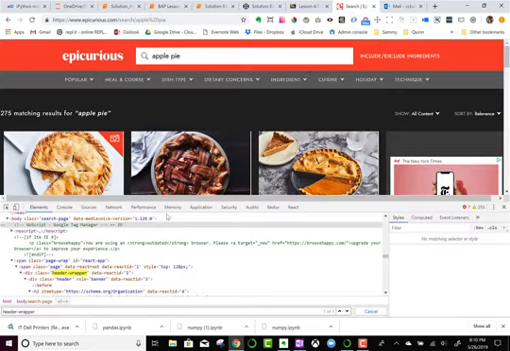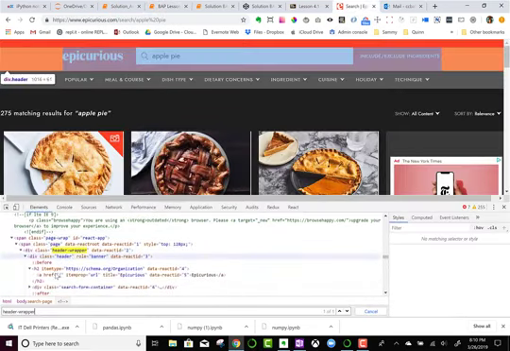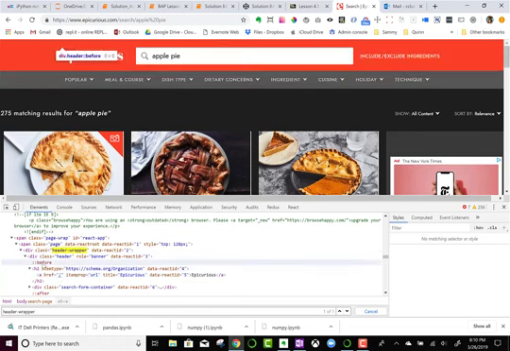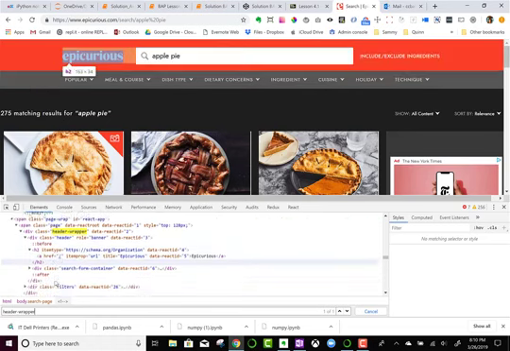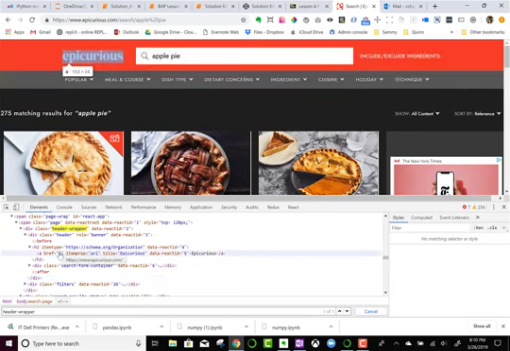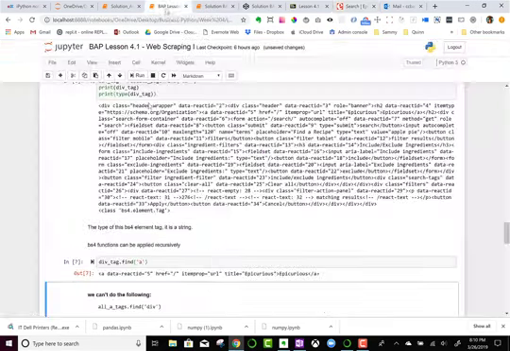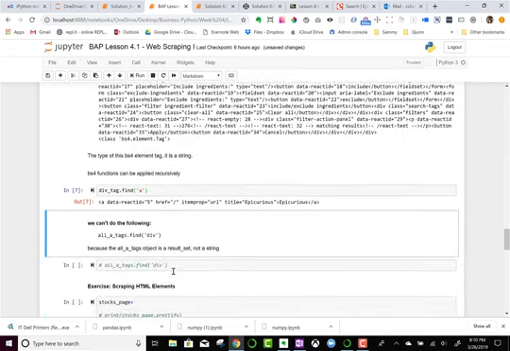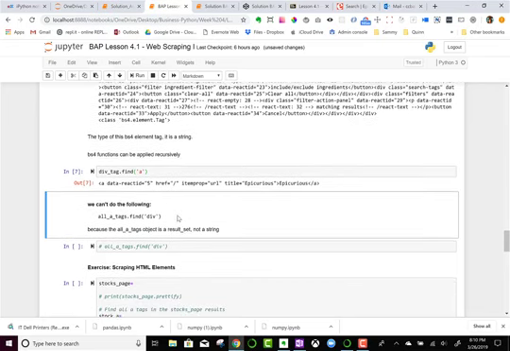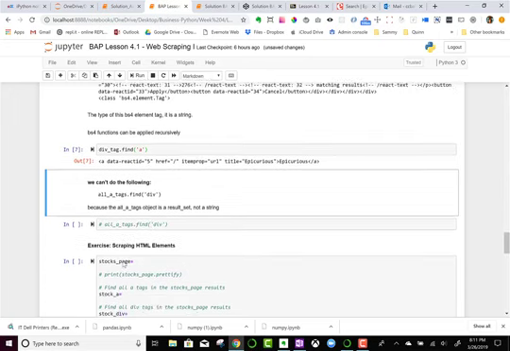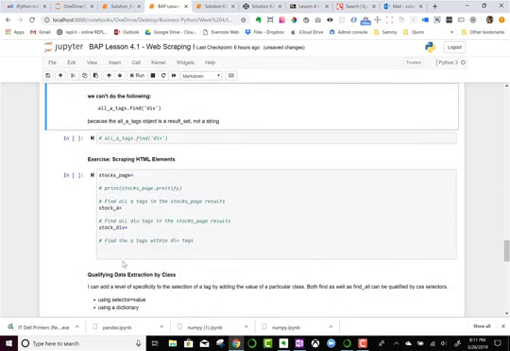Let's look at the page and see where that's coming from. It's maybe this one. Maybe it's that one right there. Yeah, it looks like that's it. Okay, so as I said, we can't reference the all a tags object because it's a list, and we can't use the find function on the list. So the next part of this is an exercise to see if you can follow the same steps,